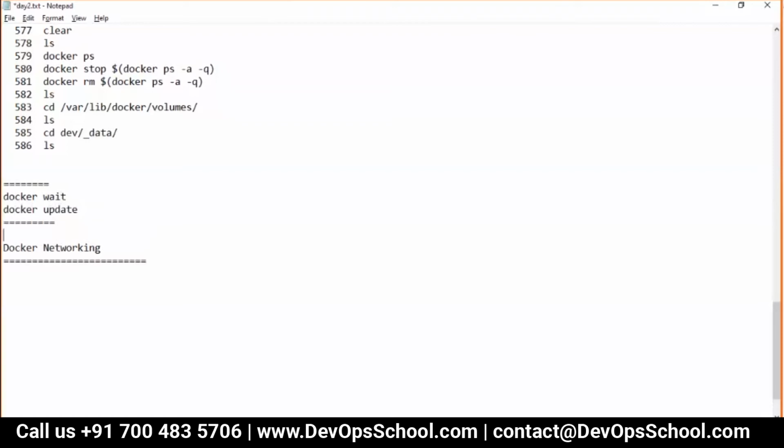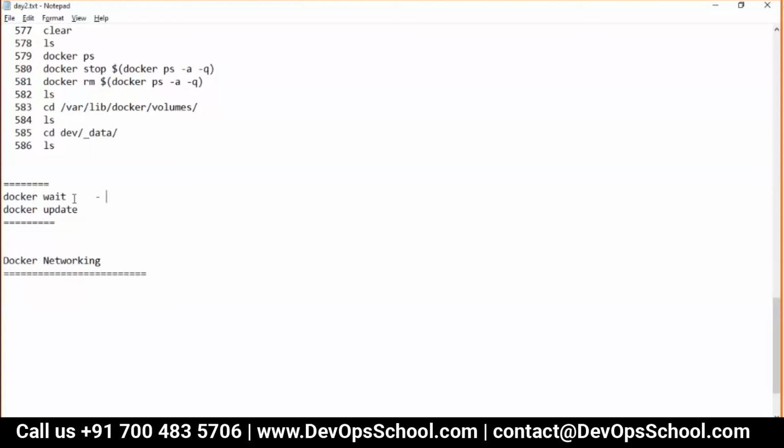We can use Docker wait for a health check of your running Docker container from an external process, such that we can know whether it is killed or stopped or has come up. Basically, we can use it as a health check as well. Wonderful. Yeah, it's one of the best definitions, I must tell you. Nothing better than I can explain.